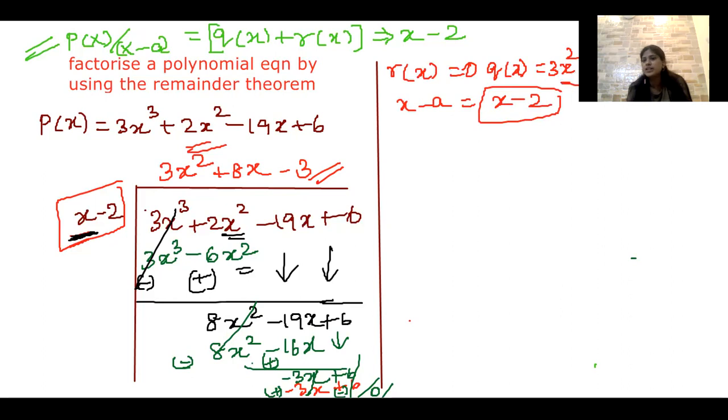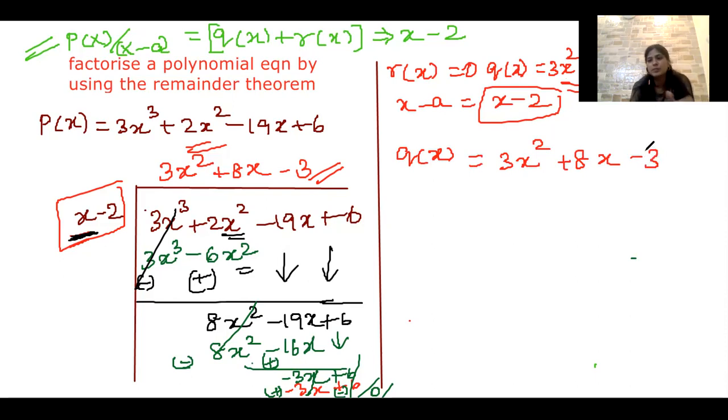So you got the result in terms of x square, right? So you have to factorize this expression also. You have to factorize this quadratic equation as well. So how can you do that? Q of x is equal to 3x square plus 8x minus 3. There are many methods to find the solution for the quadratic equation. You can use the quadratic formula, minus b plus or minus square root of b square minus 4ac by 2a, or else you can use the splitting the middle term method also.